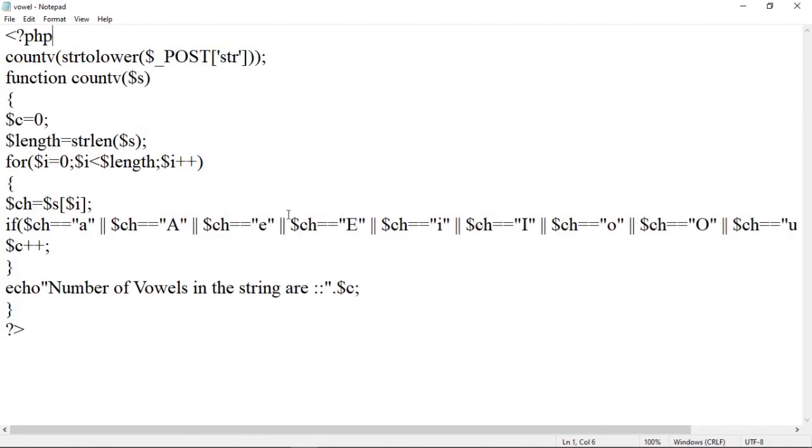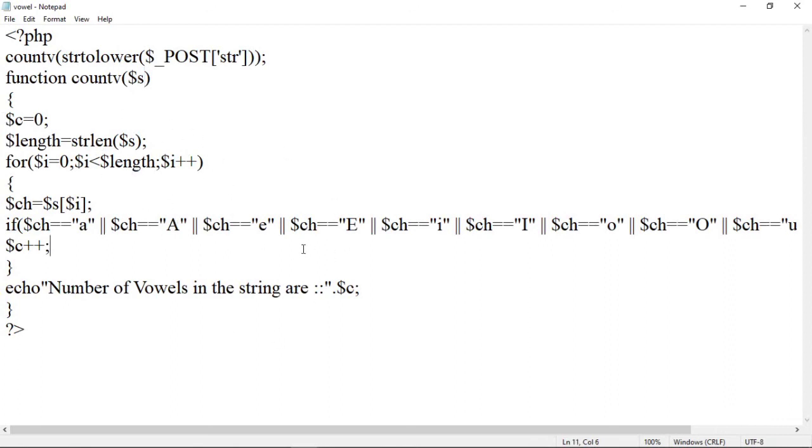How do we access the string from the HTML form? Using this $_POST in brackets str, and to convert this string to lowercase we have used here the strtolower function, and that converted lowercase value is passed to the count_v function and stored in $s, and now we use the $s variable to further access and process the string.